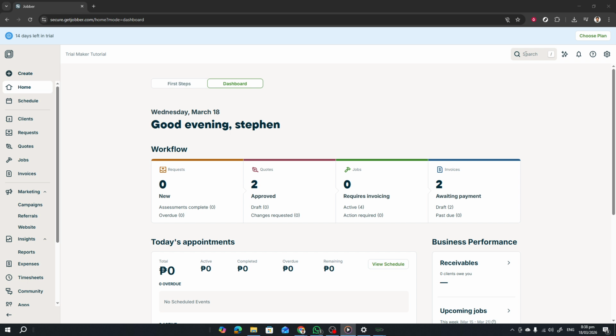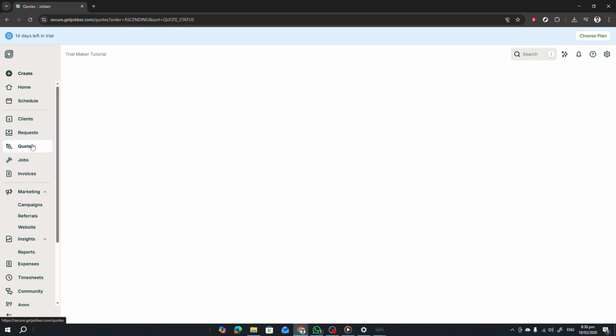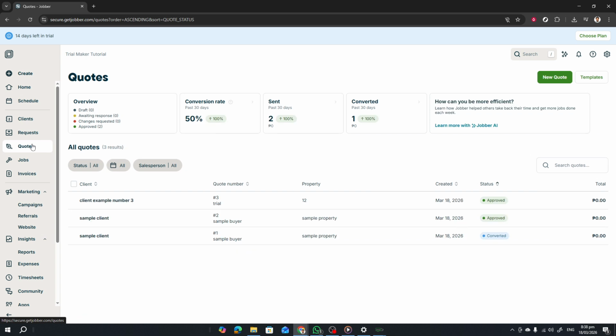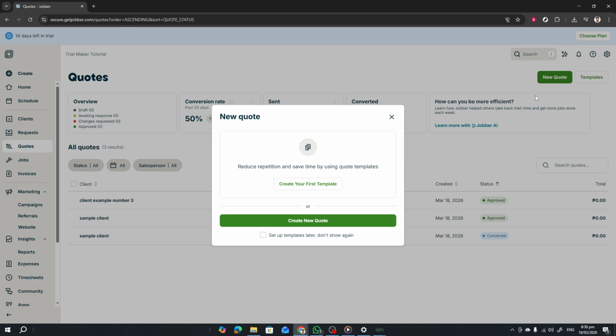Start on the Jobber home dashboard. From here, head to the Quotes area. This is where all your draft, sent, and approved quotes live, and it's also where you'll create the quote that includes a deposit. Once you're on the quotes page, look for the option to start fresh and select New Quote. If you see an additional prompt, choose Create New Quote